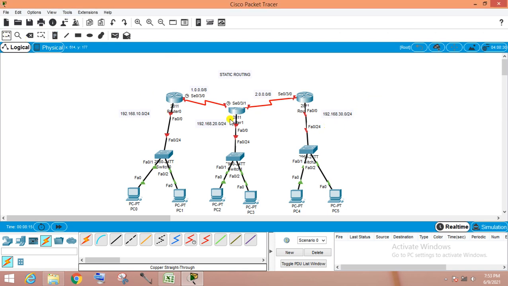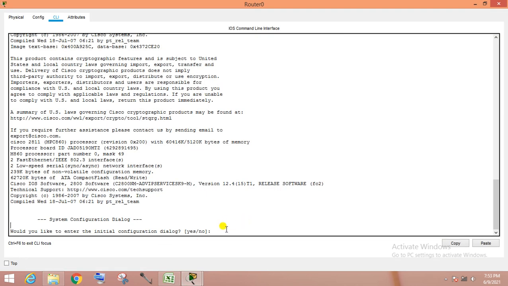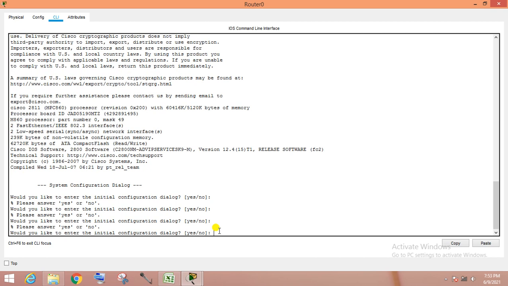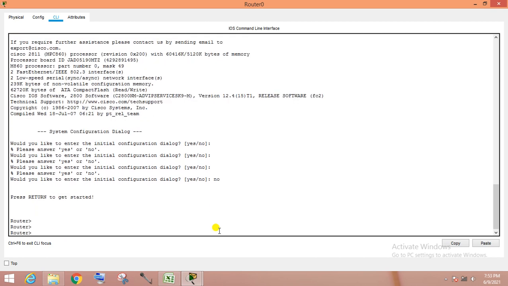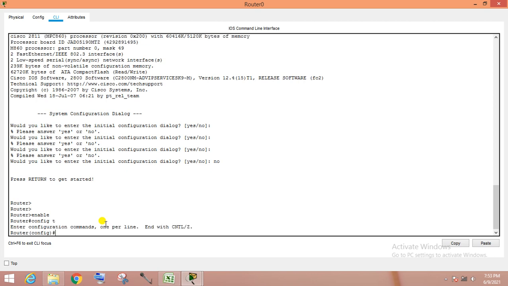Now first we log into this router. We have to enter the enable command. Currently this is the user mode. To go to the privilege mode, we use the command enable, and after that for configuration mode we go to config t. Now the hostname, suppose router 1.